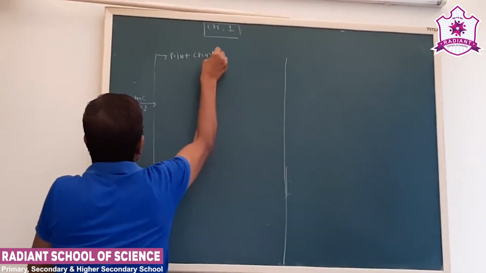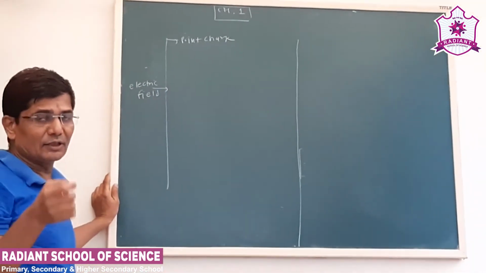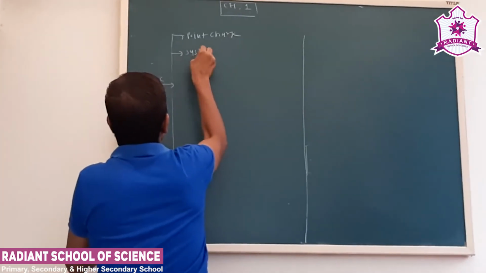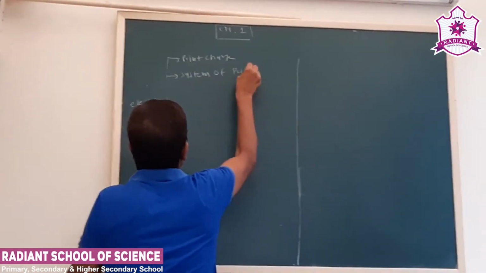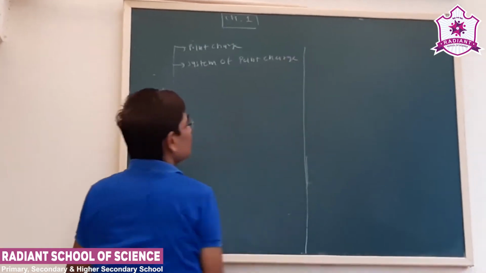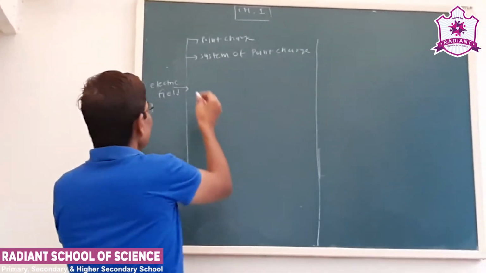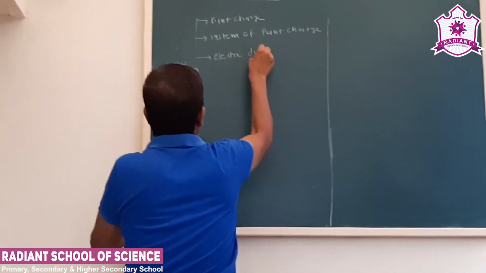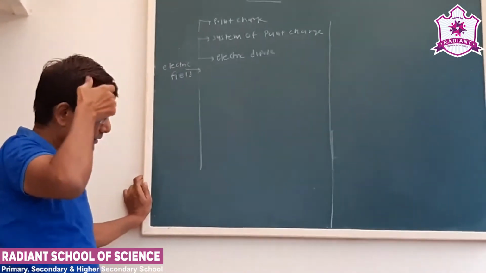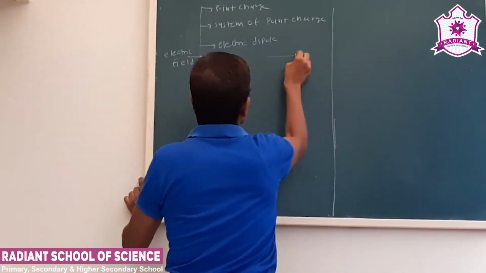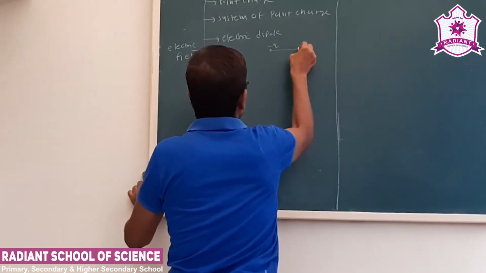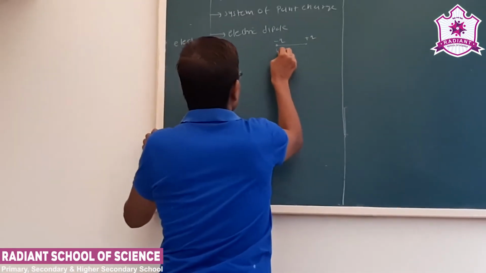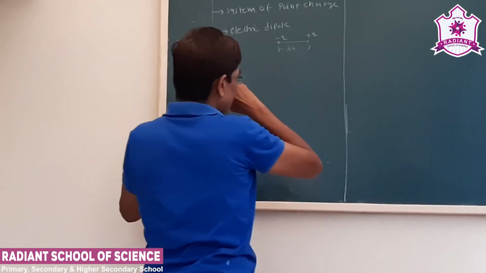point charge. Only one point charge. See, the source charge can be positive or negative. Then they can have a system of point charges. Yeah, more than one point charge. Then we have a specific system, that is the electric dipole. Okay, that we'll see in detail later on. A dipole is a system of minus Q charge and plus Q charge, both of the same magnitude but opposite polarity, separated by some finite distance. That makes the electric dipole.